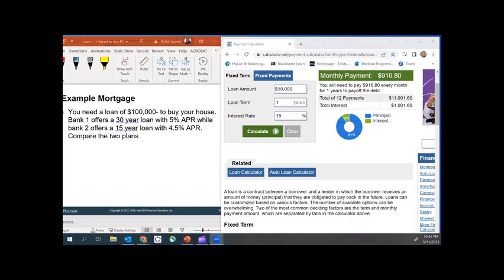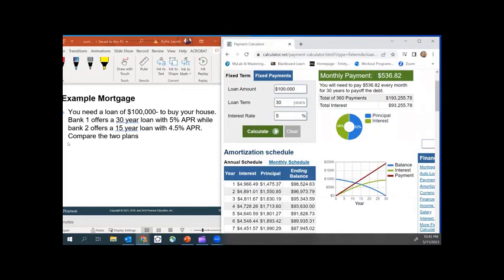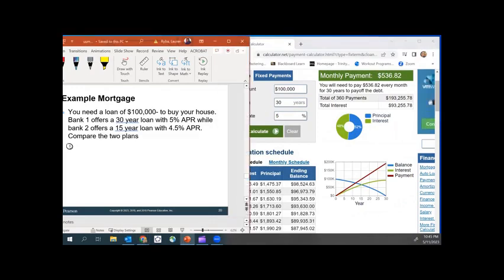Compare the two plans. Well, let's start this first one. 100,000. We're going to do 30 years with a rate of 5%. So option one, our monthly payment is